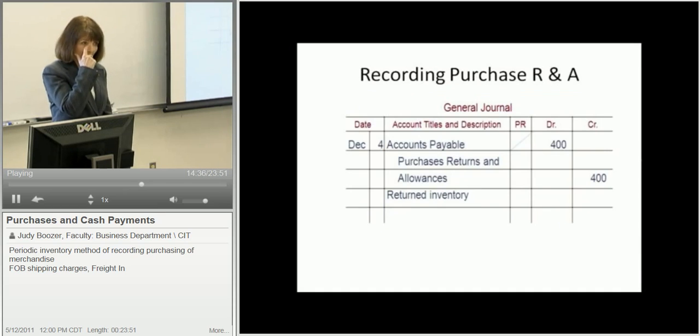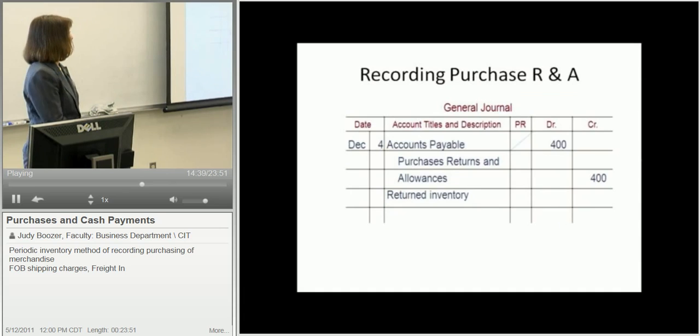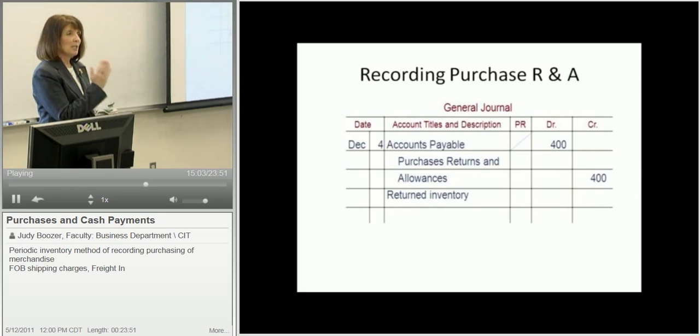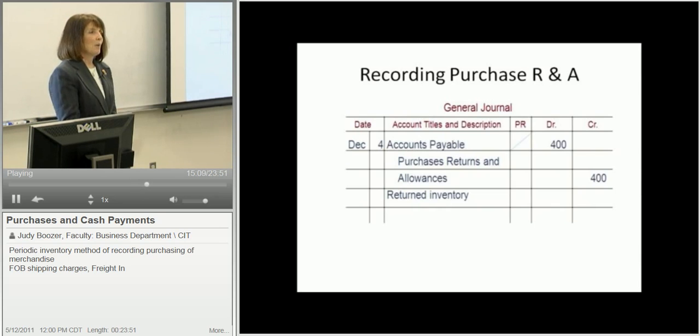Now, journalizing this transaction would require, first of all, accounts payable to be debited, which means it's going to be reducing the debt that you owe this vendor. What should follow that accounts payable? Remember, every time you have accounts payable in the journal, what must also follow that? A name. So the name of the vendor would also go there. And then if you put a slash in the post-reference column, that will remind you, I need to post to both places, both to the general ledger accounts payable and also to the accounts payable subsidiary ledger for that vendor,